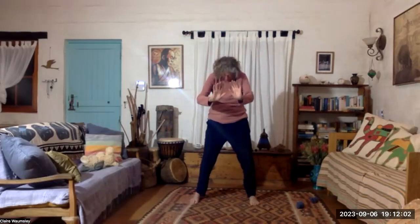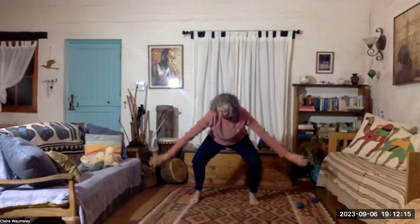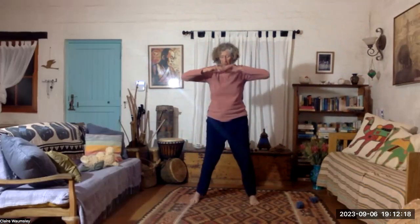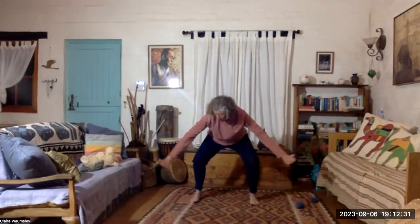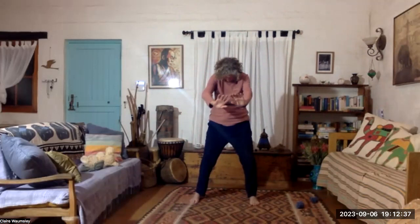Breathe in. Rounding your back, sinking your chest, dropping your head, and then opening, rising up, standing tall in your own truth there. Come back. Standing tall, strengthen your Wei Qi. Last one. Sink down. Coming up. Opening up. Coming down, bringing your feet in, hands just below your belly